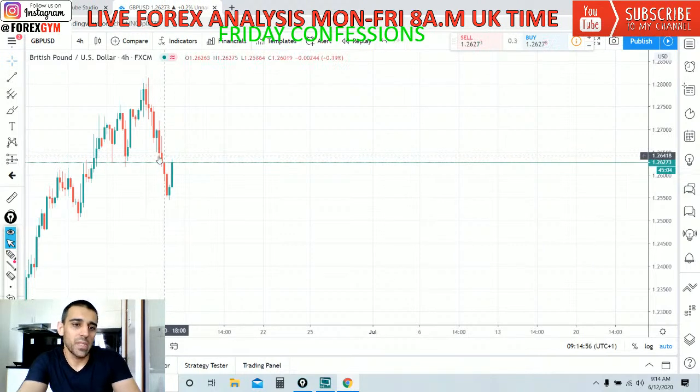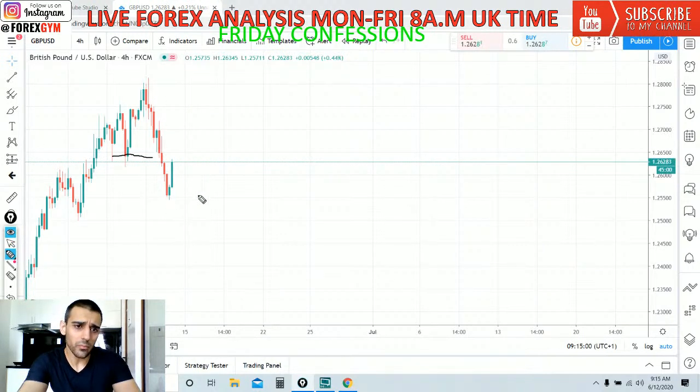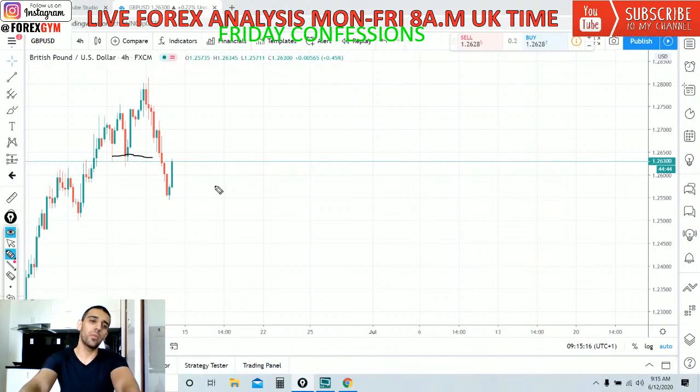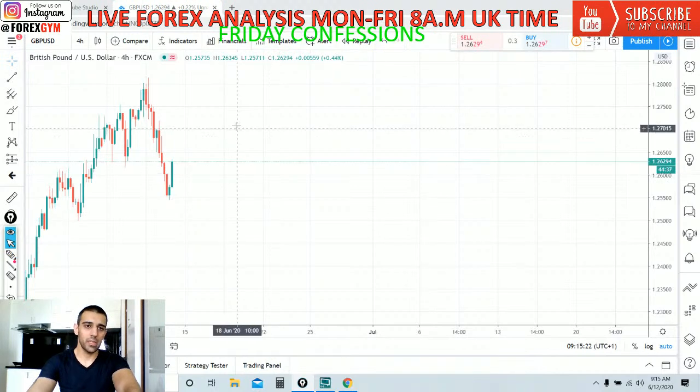Obviously, if the price comes up and tests this one before having a pullback, then this trade is not valid, because that means the trade already did move. So we're not going to be interested in this trade. However, if it hangs around this area, and then maybe closes that way, maybe there's still hope that the price will have that retracement to the downside, and we might end up taking the trade. So just